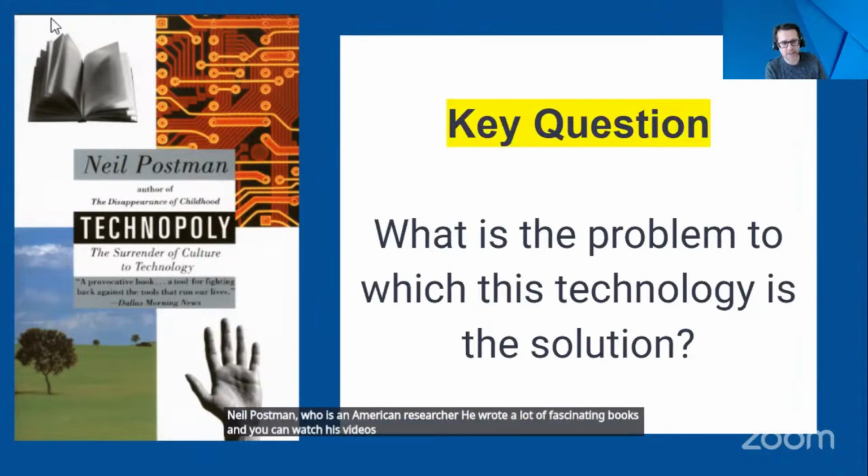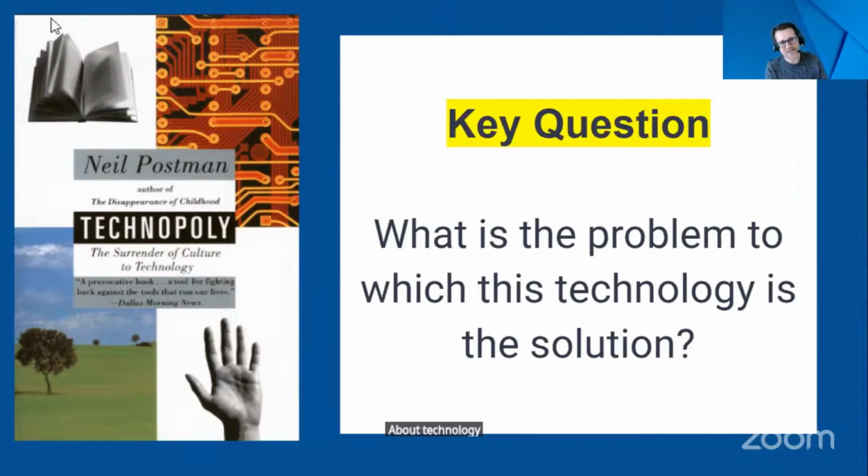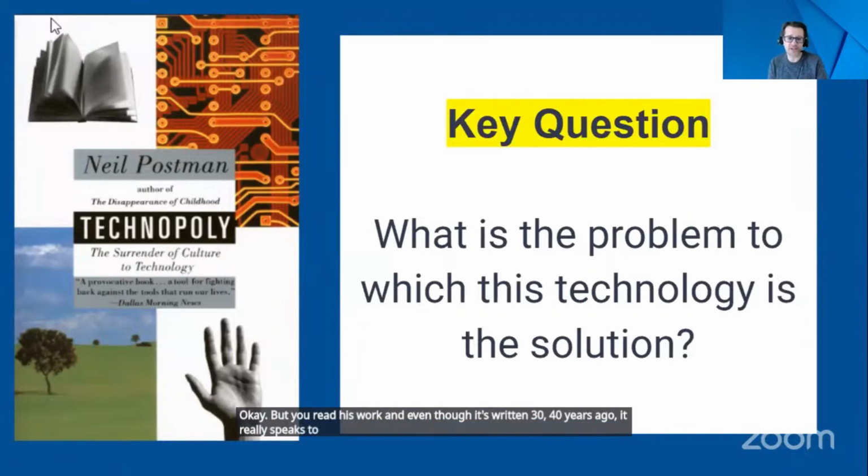He's a fantastic public speaker as well, about technology and its impact on education and its impact on culture. But you read his work, and even though it's written 30, 40 years ago, it really speaks to the 21st century as well.